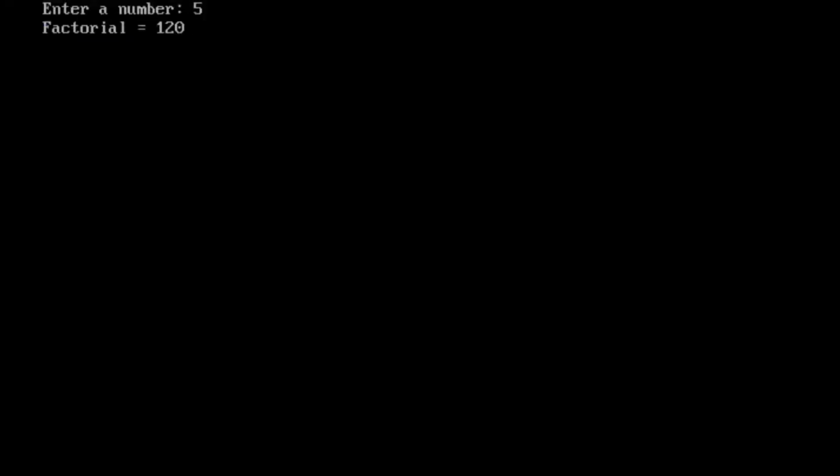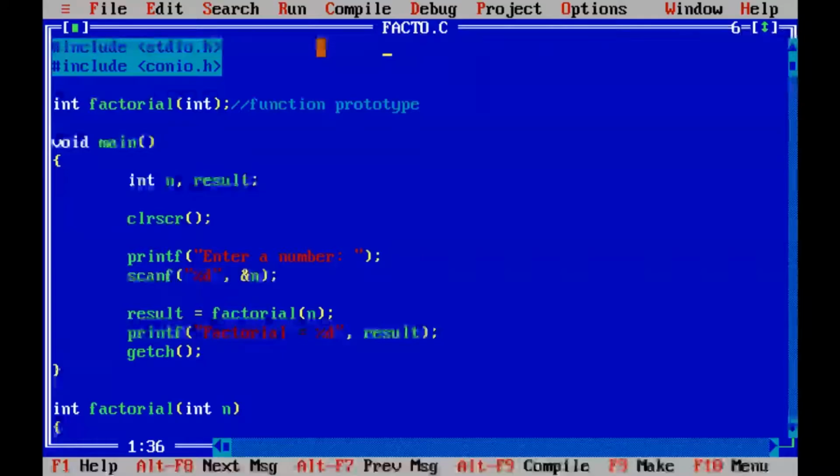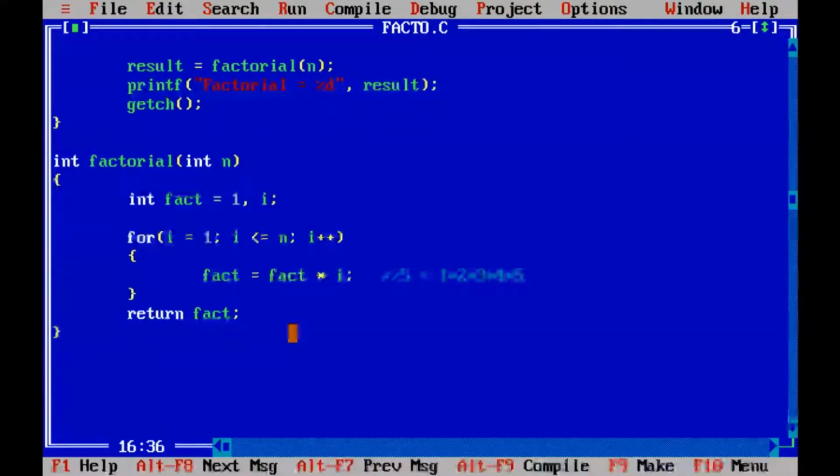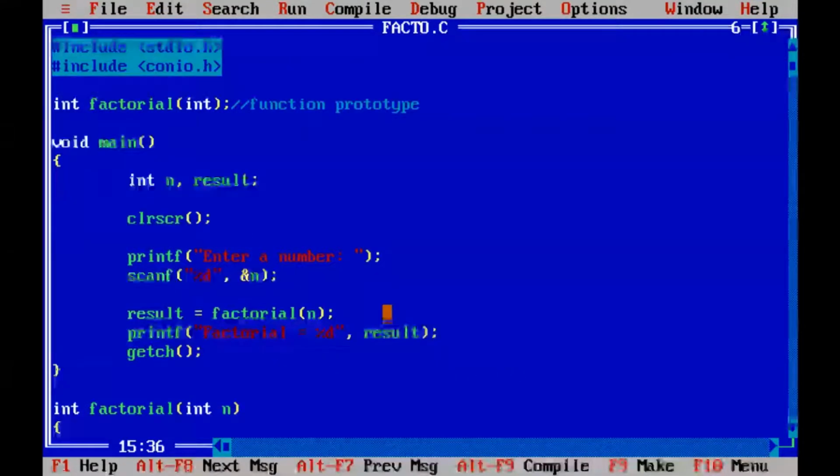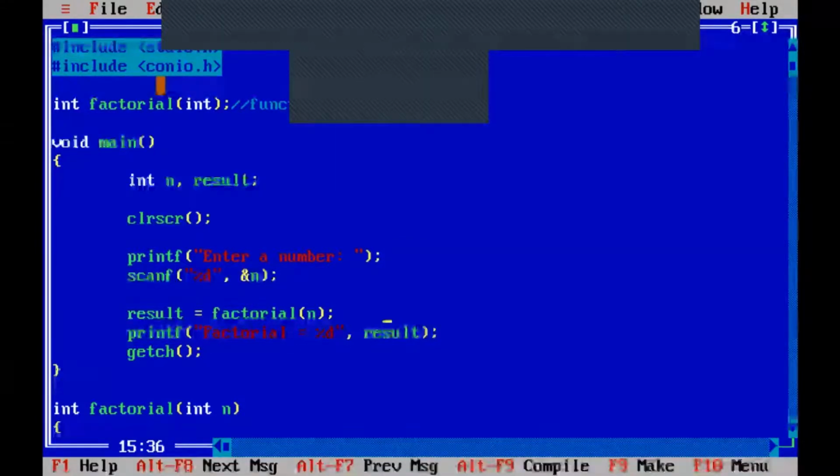This factorial equal to 120 is from what I've written inside the main function. See this factorial equal to 120, I've written over here, factorial equal to %d. So here I am displaying this particular result. So basically what I'm following in this is that the other function is going to return me a value, and then that value I'm going to print from the main function. Clear? So this was a very simple program. You can see one more time. Below I have just defined that particular function, and above here I made the function call from this particular line. Okay, and then if I'm writing it after the main, I'll have to write the function prototype.